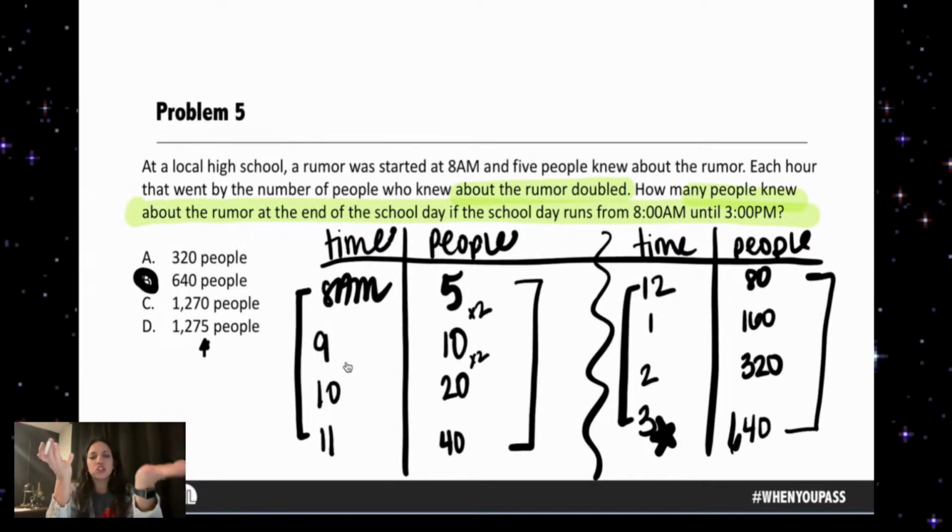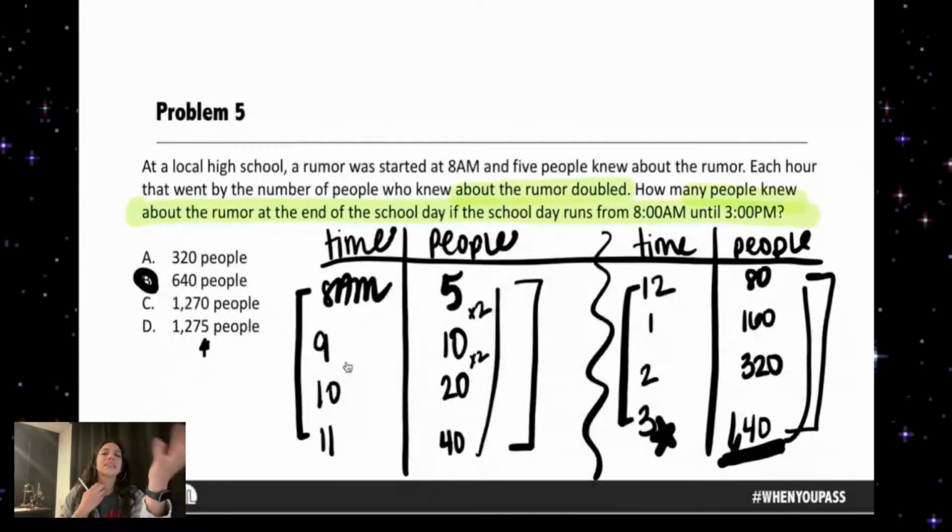That creates two very different operations that we would do, because the answer is 640, because that's how many people knew about the rumor. I don't need to go back and add all of these numbers to 640, because that's not the number of people who are being added to the people who already know about the rumor. And that's a tricky thing to conceptualize and think about, but you have to read that problem really carefully.